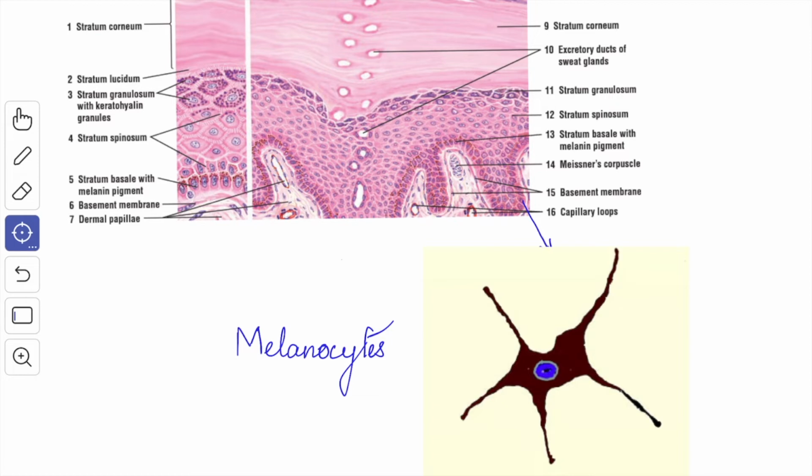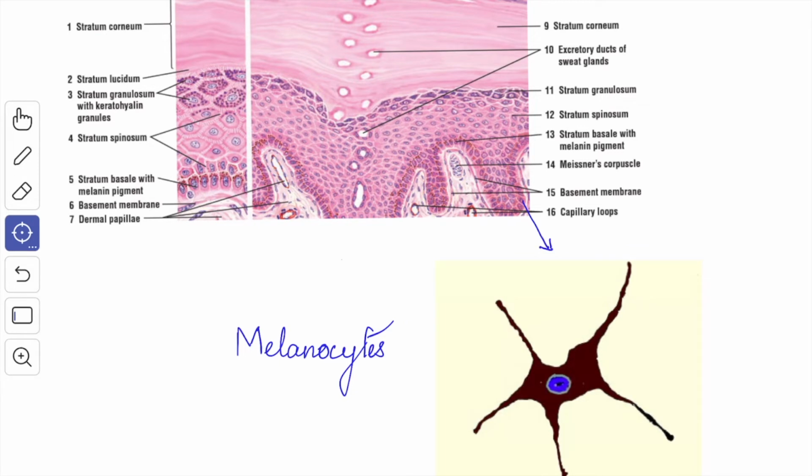Next we'll see about the melanin. The cells in the basal layer of the epidermis and the adjoining cells of the stratum spinosum contain a brown pigment which is called melanin. The pigment is much more prominent in dark-skinned individuals. The melanin is derived from the amino acid tyrosine. The tyrosine is converted into dihydroxyphenylalanine, that is DOPA, which in turn is converted into melanin. With the electron microscope, the melanin granules are seen to be membrane-bound organelles that contain pigment.